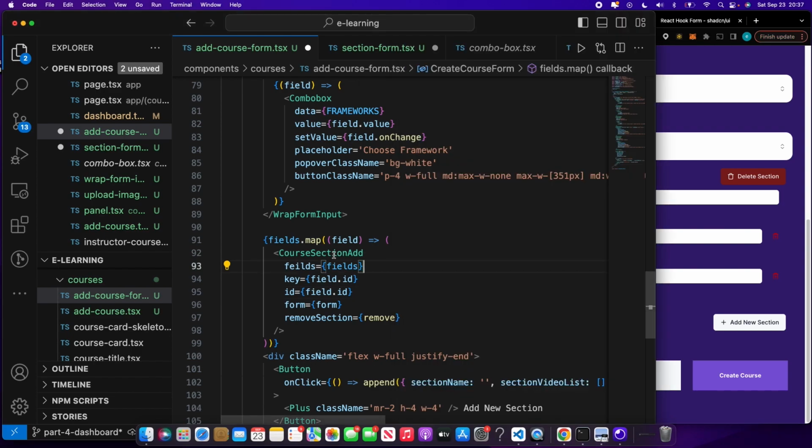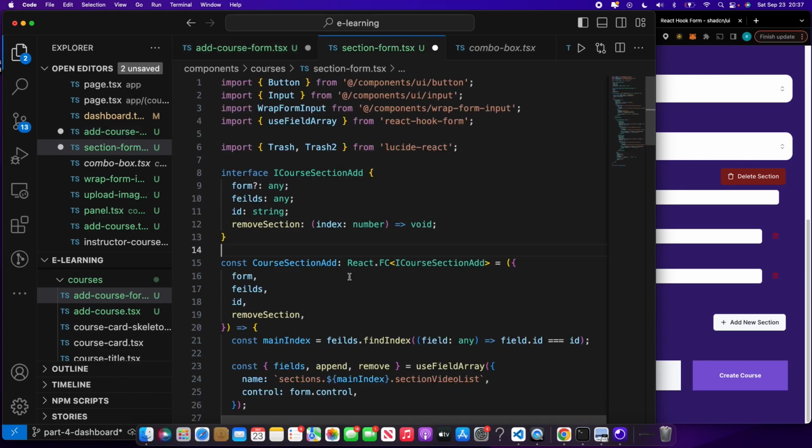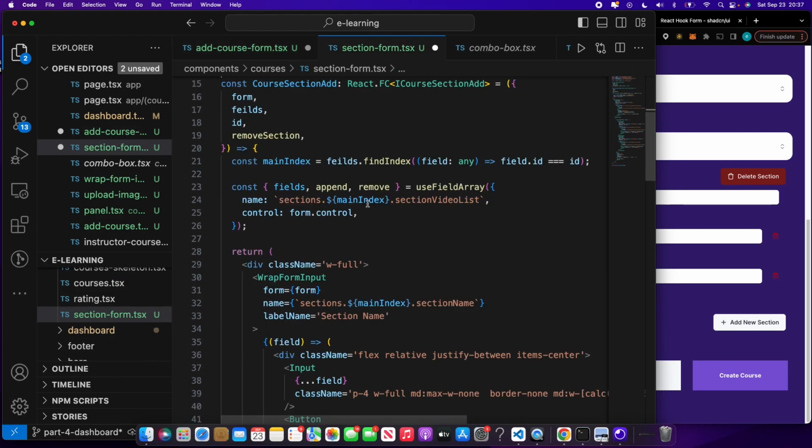So let's go back to our course add section. Inside the course add section, this is where we are handling the section name, the title, and URL. So let me control click. Let's go into course add field. Inside course add field,